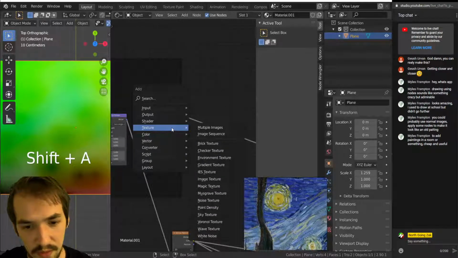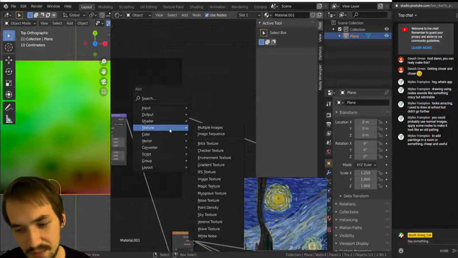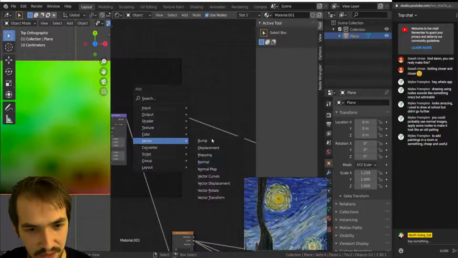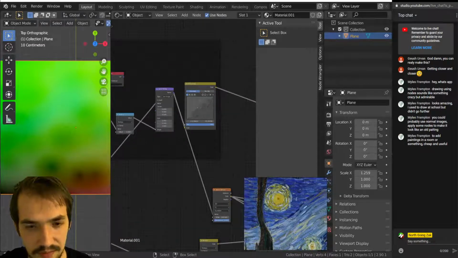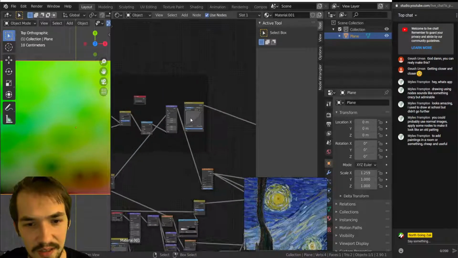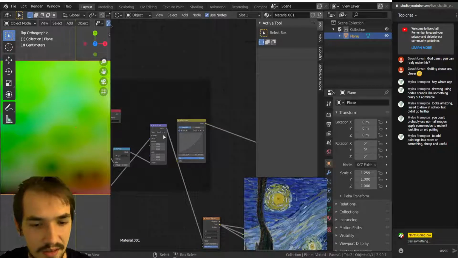Or you can make a whole Instagram where you just render out images that look like paintings that you put through Blender, and you know, just have a bot posting things. Or